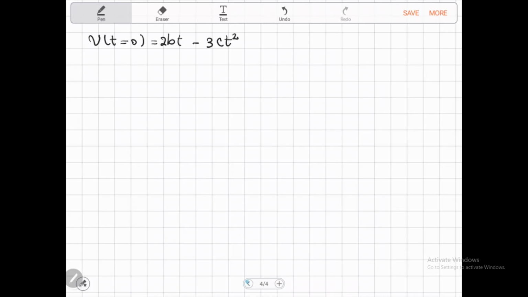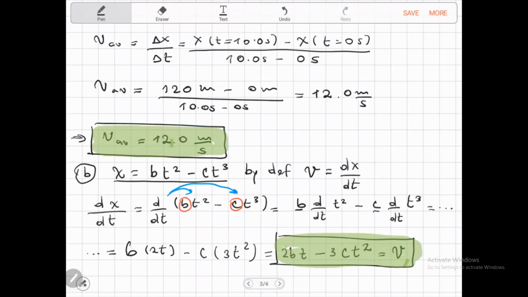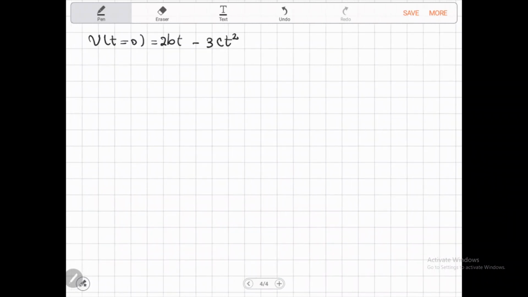This is the formula we derivated previously. So when t is equal 0, we know what are b and c already, and we are evaluating the instantaneous velocity when t is equal to 0. So this is equal to